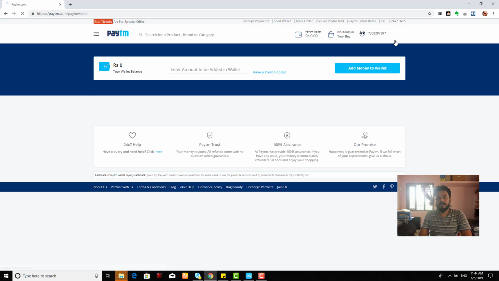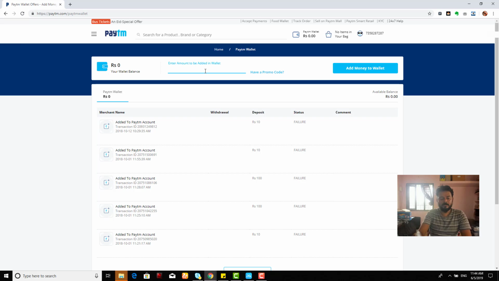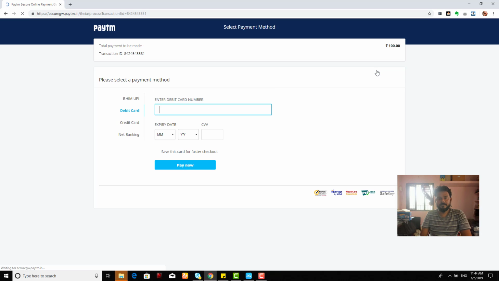So I'm just going to click this. Here, I'm just putting 100 rupees now. So add money to wallet. So here you have options BHIM, UPI, these and all. It's completely your savings account and your personal banking account. Actually, it's a debit card details you can add, net banking you can add, and I'm going to use this